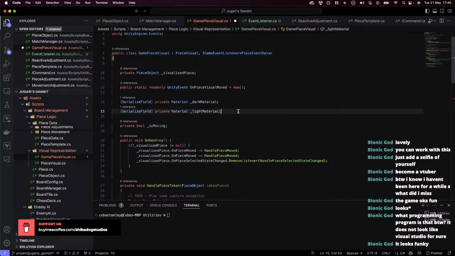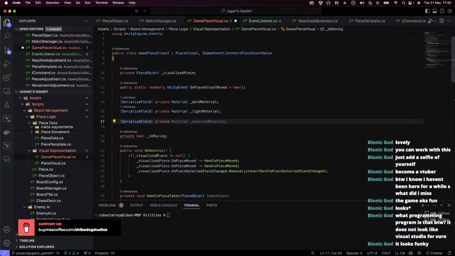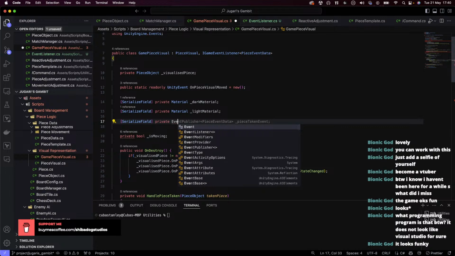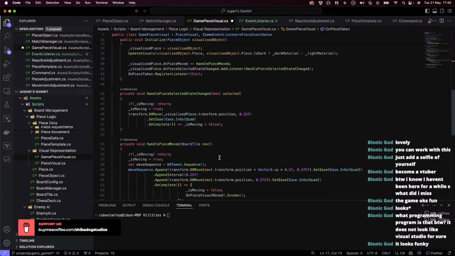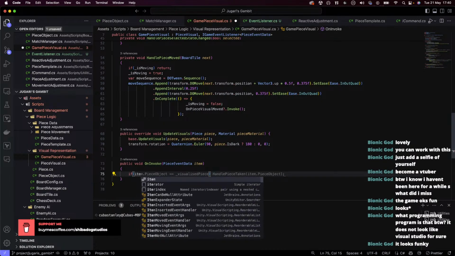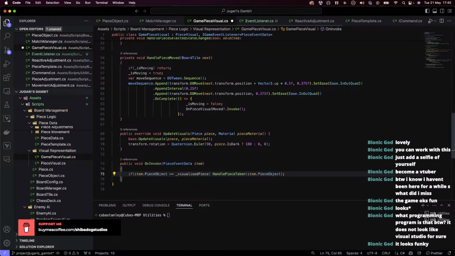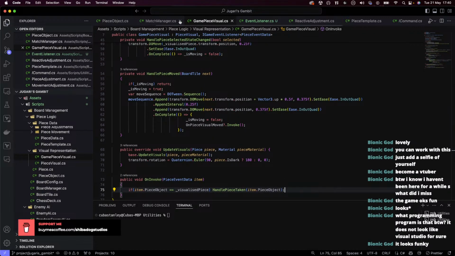We need to make sure we add a serialized private field, event publisher on piece taken, and then in our on invoke we're going to say if item dot piece objects is equal to visualize piece, handle taking. I think it's going to be a similar story for the